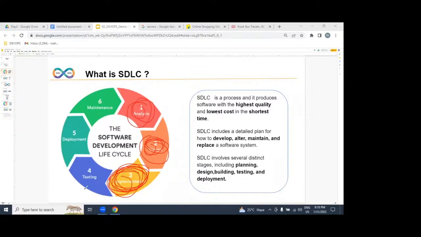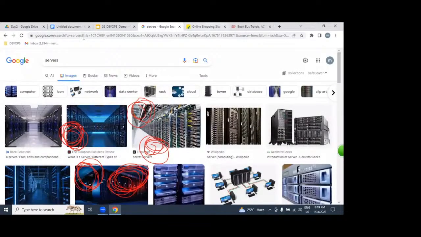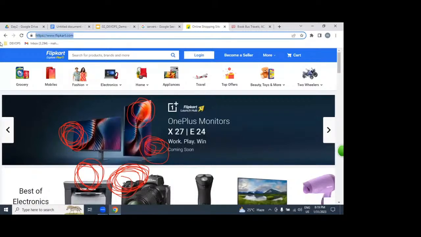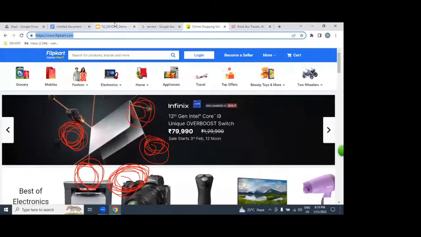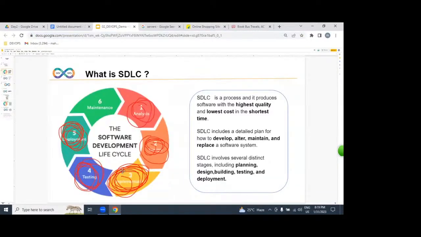Whether the software is in working condition or not, our testers will verify. Once it is verified, we are going to be placing it on hundreds of servers, which we are calling deploy. Once you place our applications on servers, we are going to be accessing it as a website. That's it? No. Whether the website is working or not, we are going to monitor and maintain. These are all the stages we are calling